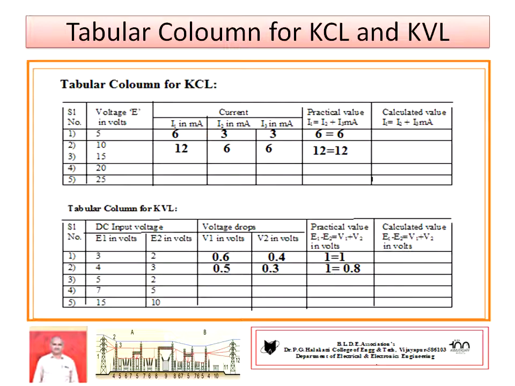Whatever practical values you get, you write them. If there is some difference, you write that there. In the second reading you see 0.5 plus 0.3, so 1 milliampere is equal to 0.8 milliampere. If only practical values are asked, you write only the practical values verification. If theoretical values are required, then you can go for the last column. Otherwise, you can show only the practical values verification.